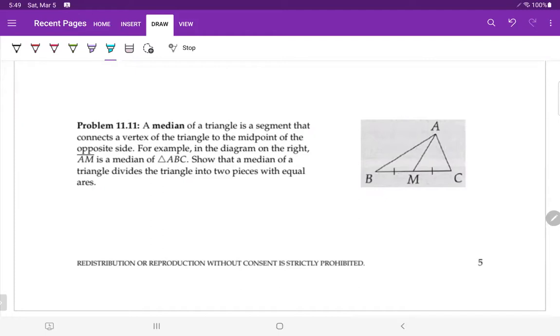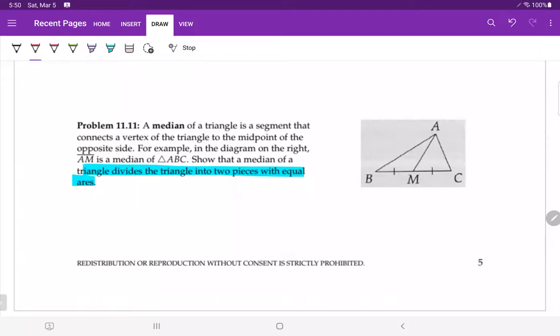A median of a triangle is a segment that connects the vertex of the triangle to the midpoint of the opposite side. For example, in the diagram on the right, AM is a median of ABC. Show that the median divides the triangle into two pieces of equal areas. So this is clear because look,